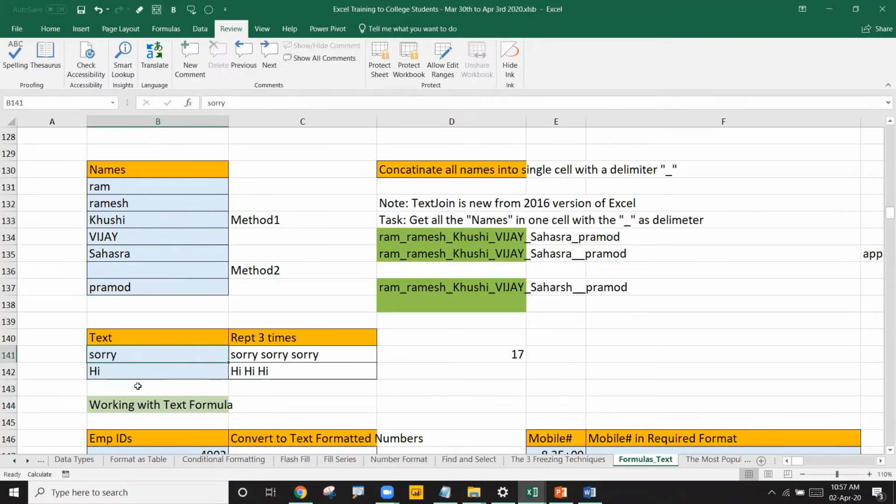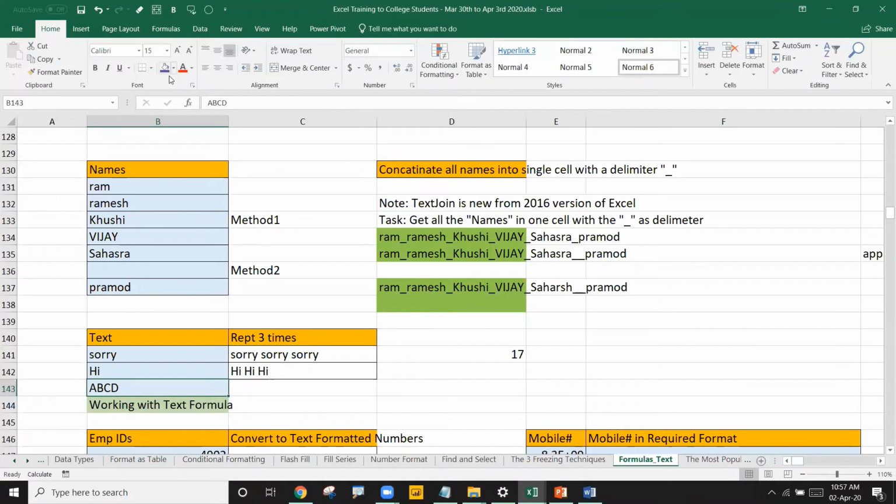Not only for text, you can also repeat some symbols. For example, let's say I have A here, or anything, A, B, C, D, or whatever. Instead of Calibri, I'll change the font to Wingdings. Enter, drag it down.